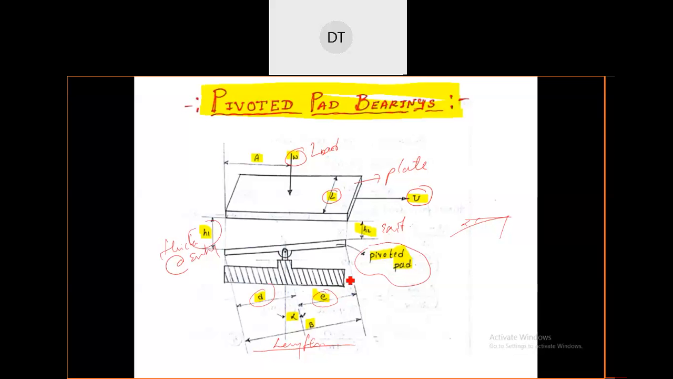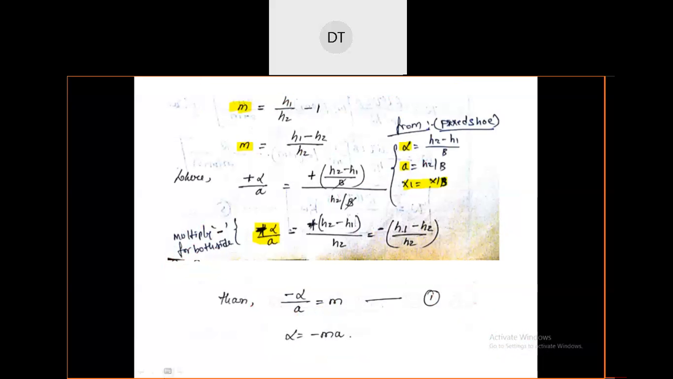By using these values we are going to derive, but here we are not exactly deriving. We just change the parameters for the analysis of this slider bearing with the fixed shoes. It is convenient to change the form of the expression for the load carrying capacity, as well as the pressure distribution that we already have, by introducing a dimensionless variable called m. We are going to introduce this value in the fixed shoe equation. So this term m,